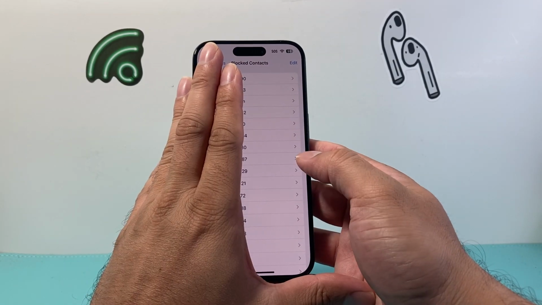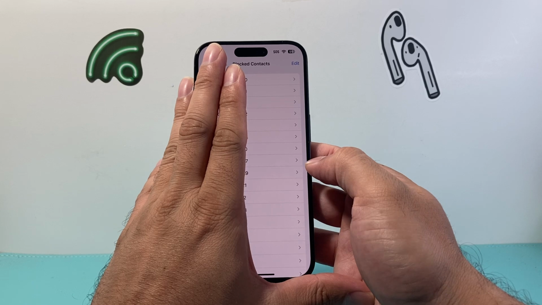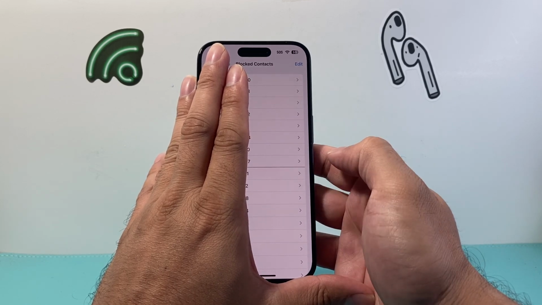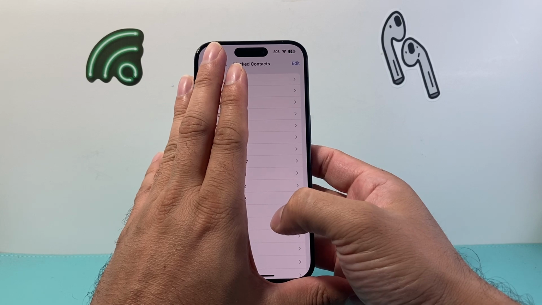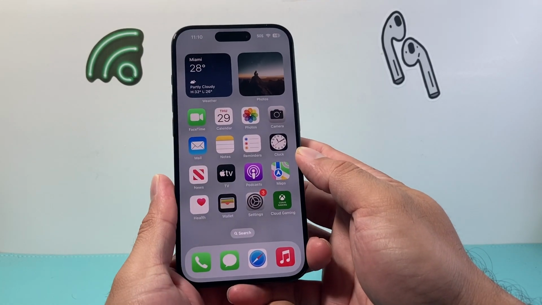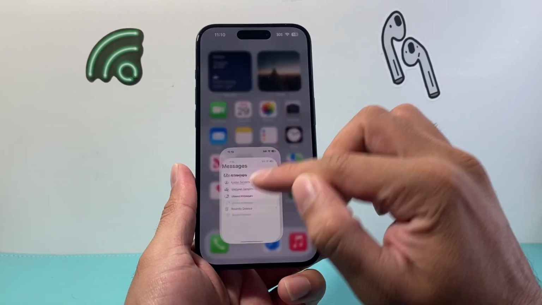Essentially, you're going to see a list of all the blocked contacts. In order to remove someone from that, you simply swipe to the left, click on unblock, and now they'll be able to message you on your phone. But that's how you can go ahead and remove someone from the block list so that you can start getting